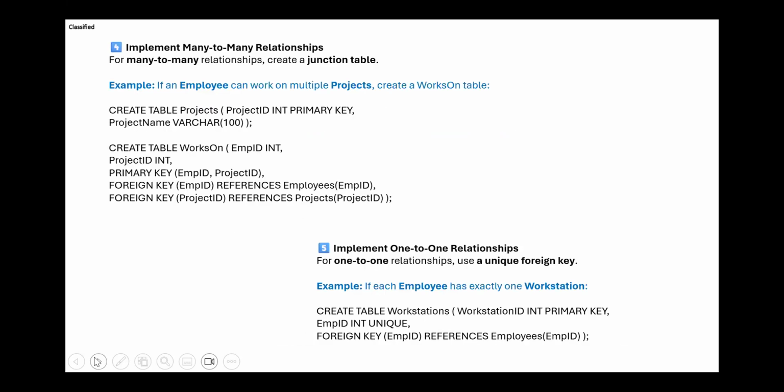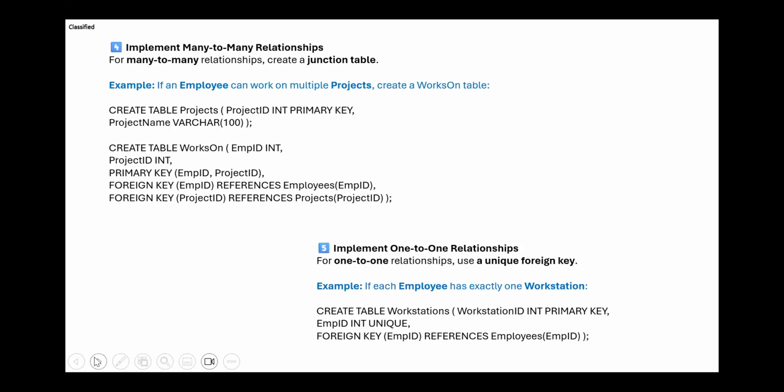Department ID integer. And here we have put a constraint where we say FOREIGN KEY department ID REFERENCES the departments table, department ID. So actually we could have written this whole structure all together, but I was just trying to break it out for you to show how I would think about it.